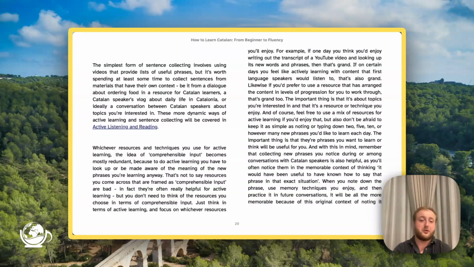I wouldn't go near it for your passive learning, but for active learning it could be useful because it will likely be arranged in a tiered level of progression for you to work through, which can be nice for motivation and so forth. And as long as you're still able to learn new phrases, learn new sentences during that, then that's great. And likewise, on a broader point with active learning, beyond those key things I've mentioned, there aren't really